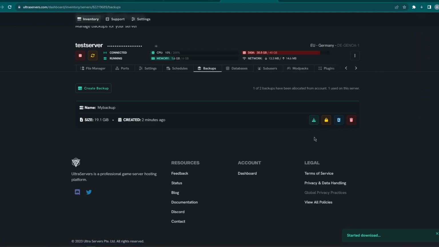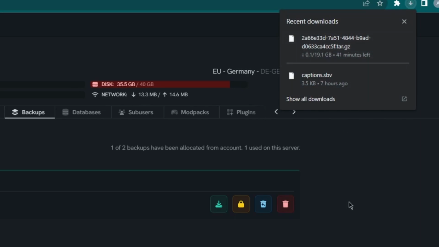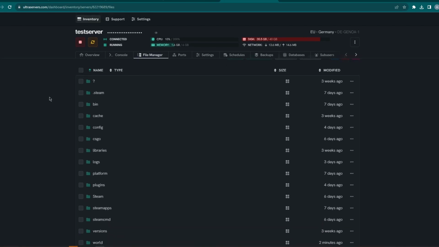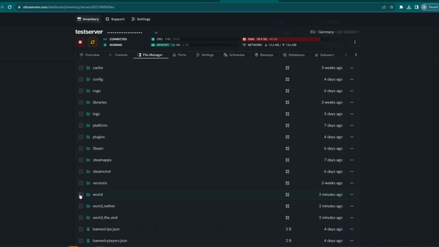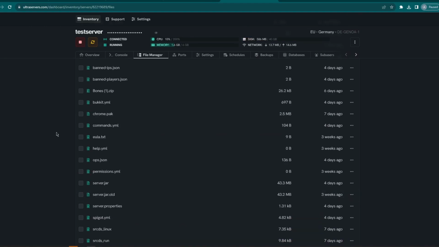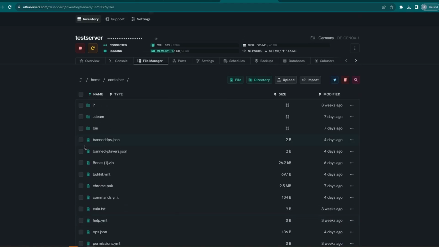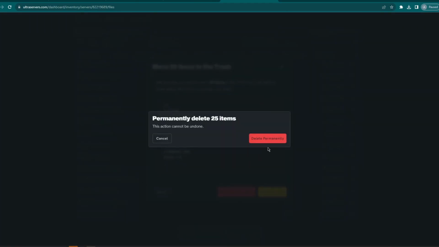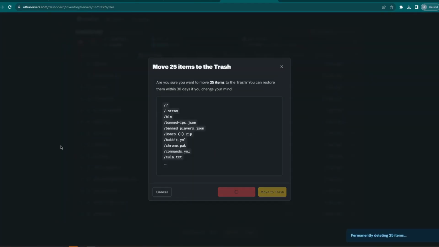So now you can download your backup, and this again will take a long time because they're usually pretty large, especially if it's a commonly used server. So at the top here we can see our file is downloading, and you just want to wait for that to be done. Once that file is downloaded, you can make your way to the file manager and start removing any and all files from the file manager to ensure an easy restored backup. So at the top here, you can just click the checkbox that will select all of the files for you, and then click the delete button.